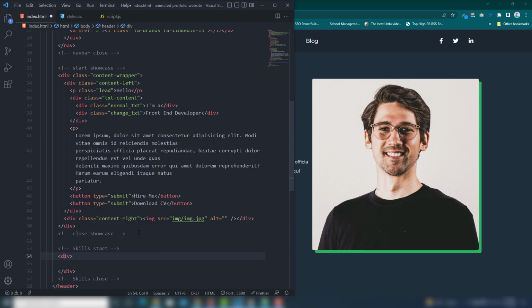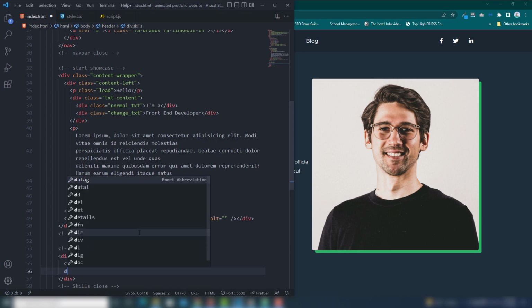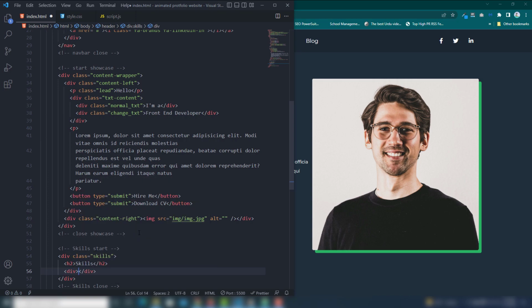So I will create a div, assign the class skills h2 skills. Inside the skills, I'm going to create a div, not anchor link, this is a Font Awesome icon, class fa-brands fa-html5.